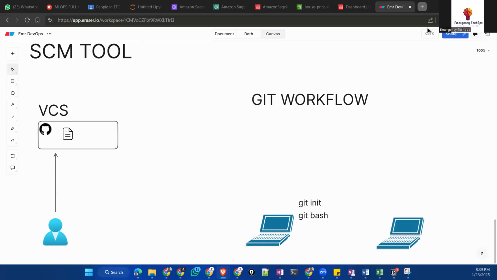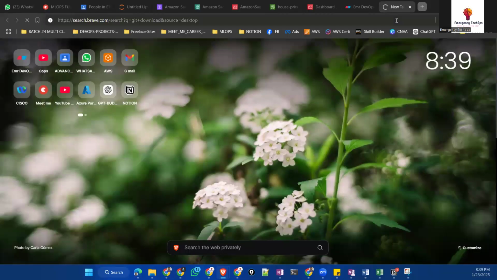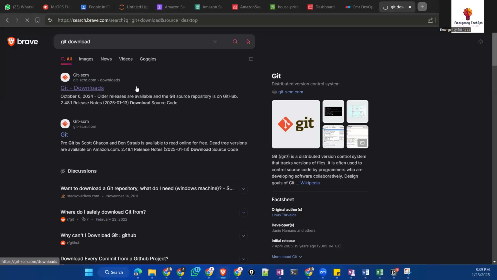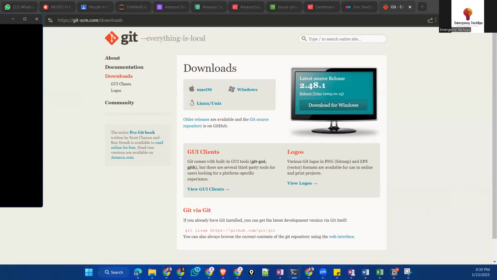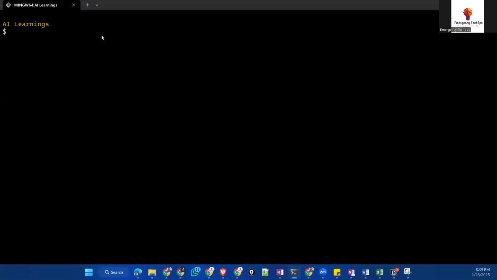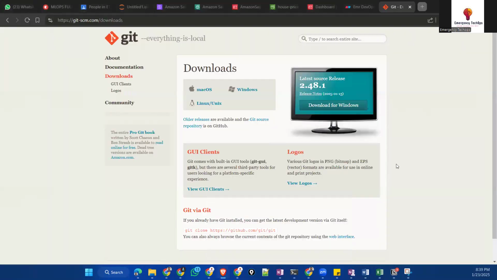You go to the Git download page, click on it and download for Windows, Linux or whatever. Then go to your desktop, right click and open Git Bash, a terminal. It is a CLI, like a terminal only.